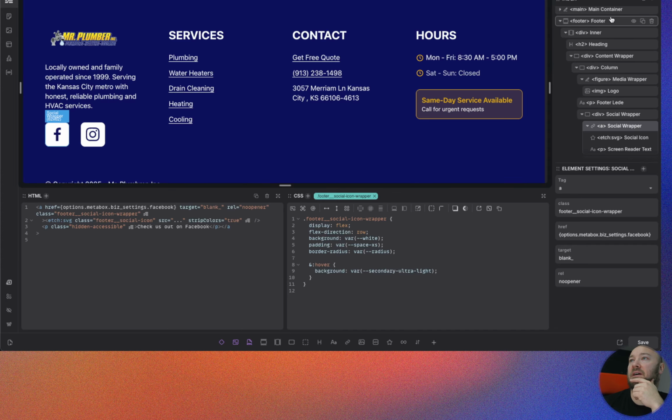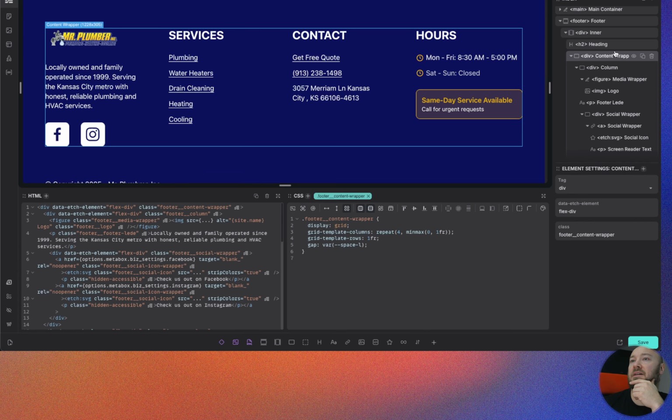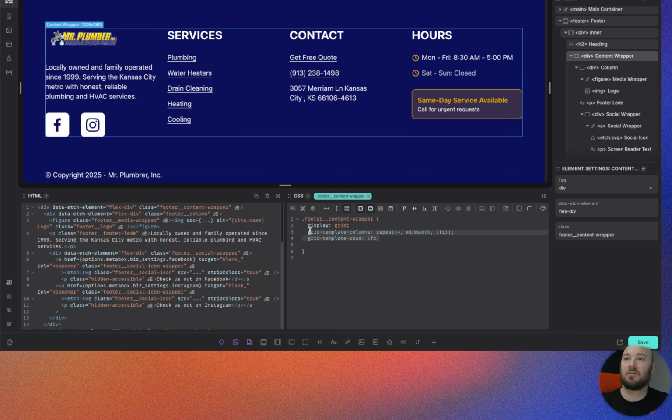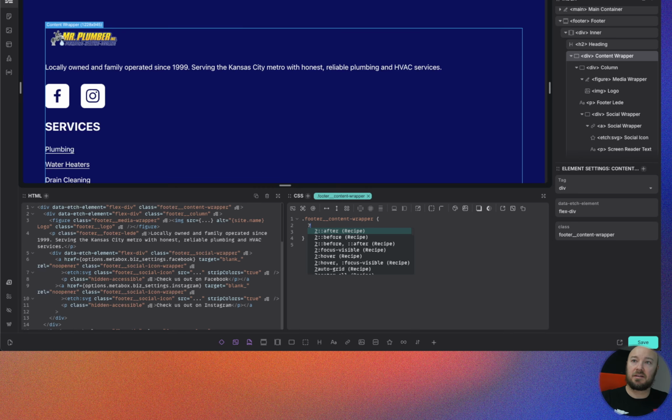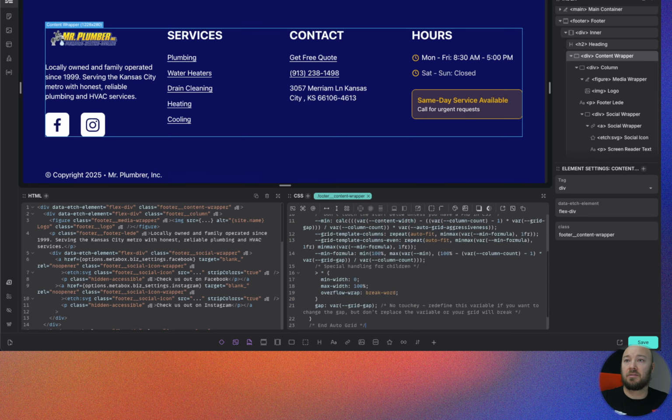And if I come back up to my content wrapper, this is going to be the thing that we need to change. And I think what I might do is just change this into an auto grid. So I'm going to take my gap off for now. I'm going to delete all this and I'm going to go auto grid. And then